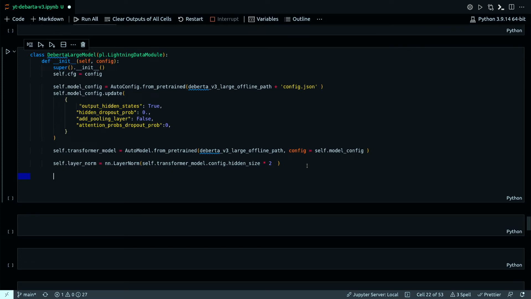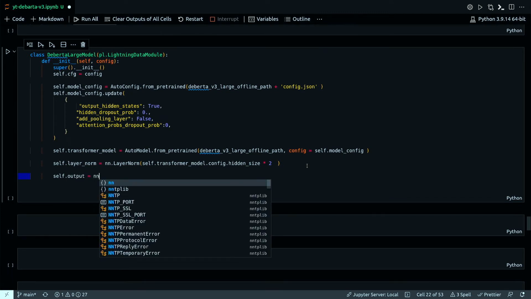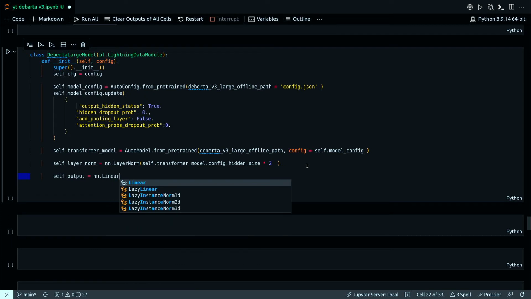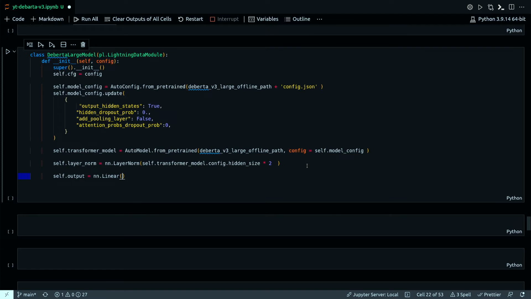And next is self.output. That's a linear layer. The first one will again take this whole thing. Actually, I can just copy. Self.transformer model.config.hidden size multiplied by 2. Yeah.